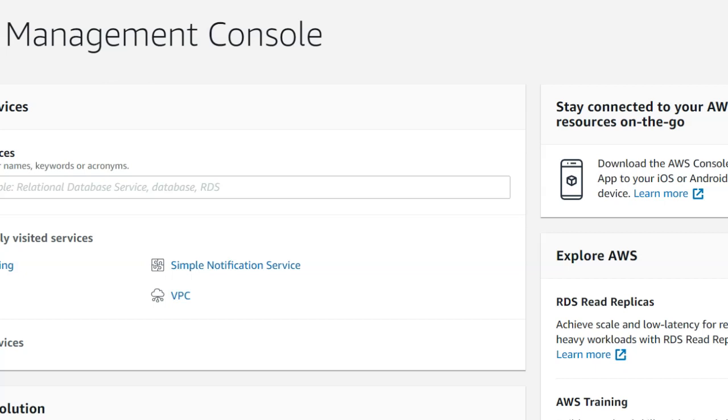So first is the multi-part upload initiation, then the parts upload, and the third and last step is the multi-part upload completion. When you complete a multi-part upload, Amazon S3 creates an object by concatenating the parts in ascending order based on the part number. If object metadata was provided in the initiate multi-part upload request, S3 associates that metadata with the object. After a successful complete request, the parts no longer exist, and your complete multi-part upload request must include the upload ID and a list of both part numbers and corresponding ETag values.